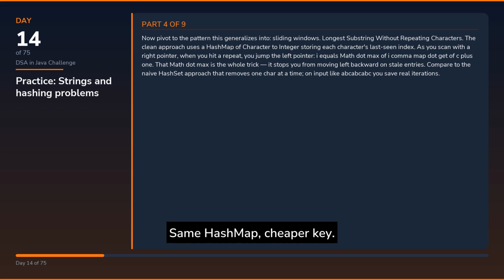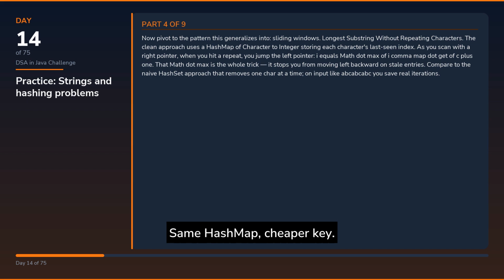Now pivot to the pattern this generalizes into: sliding windows. Longest substring without repeating characters. The clean approach uses a hash map of character to integer, storing each character's last seen index. As you scan with a right pointer, when you hit a repeat, you jump the left pointer: i equals Math.max of i, map.get of c plus 1. That Math.max is the whole trick. It stops you from moving left backward on stale entries. Compared to the naive hash set approach that removes one char at a time, on input like abcabcab you save